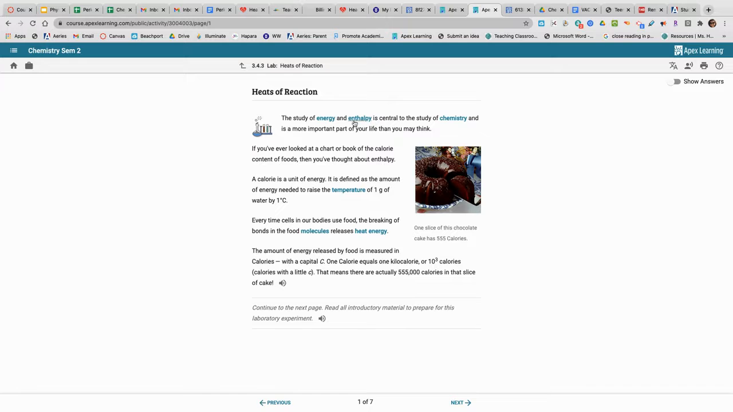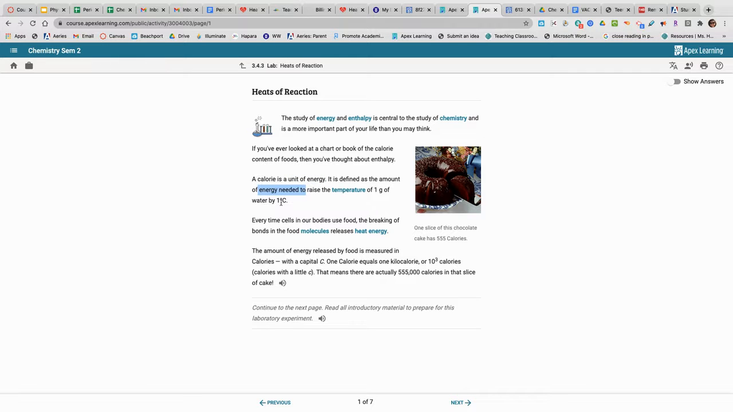That's a funny word, enthalpy. And it's very important to the study of chemistry, not physics. One of the important things you need to know is the unit calorie. Okay, the calorie is a unit of energy measurement. And 1 calorie is the amount of energy you need to raise the temperature of 1 gram of water by